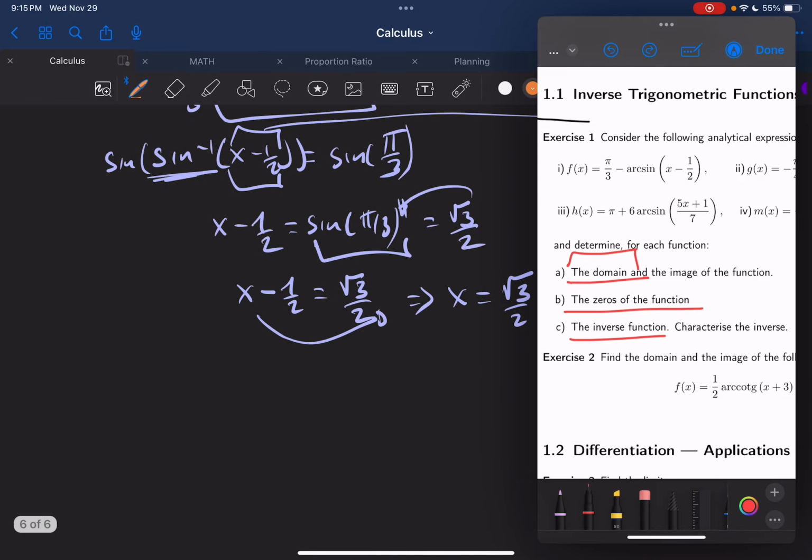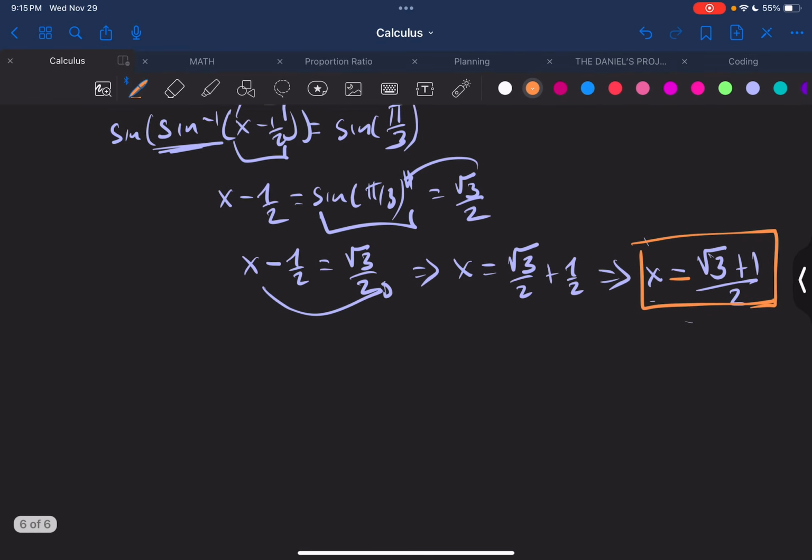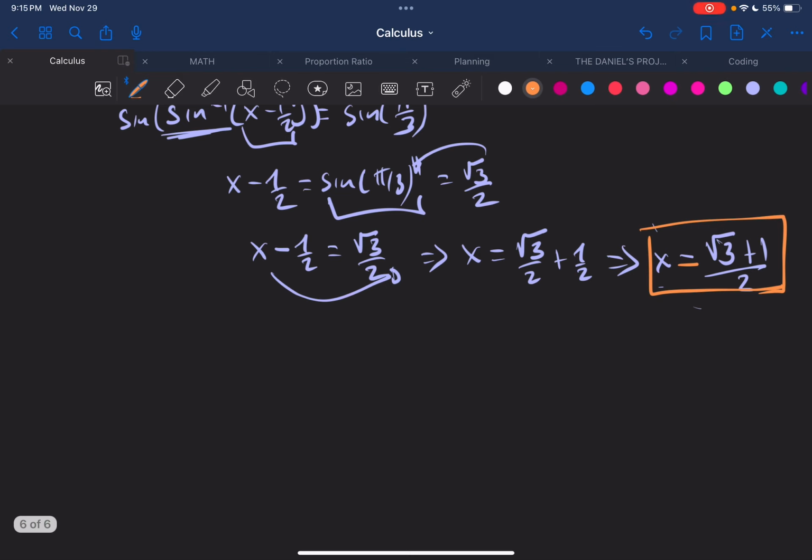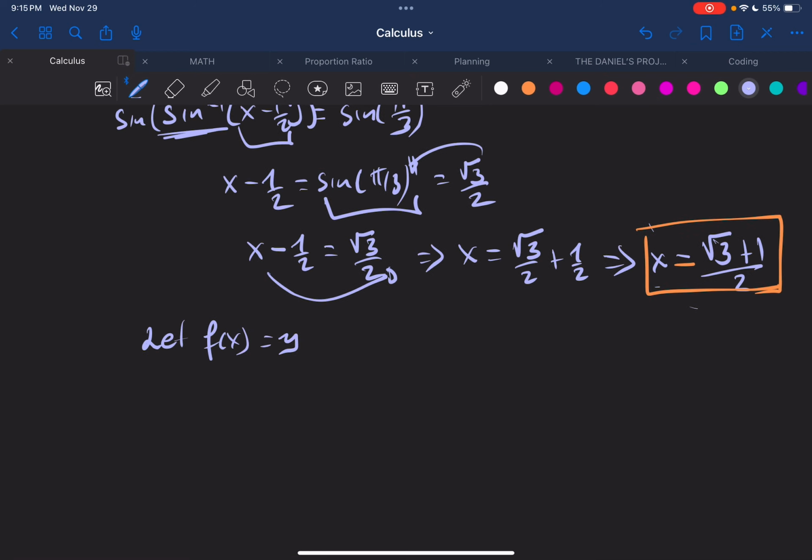So, to find the inverse of the function, you can solve it one way or another. The way I usually solve it is the following. If I'm given an equation, first of all, I'm going to change my variables. I'm going to say let f of x equal y, because it's simpler for me to work with y rather than working with f of x. I think it's usually more appealing. So then our equation now becomes y is equal to pi over 3 minus sine inverse, of course, never forget the inverse, of x